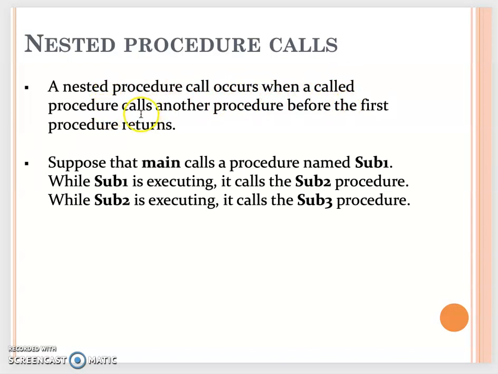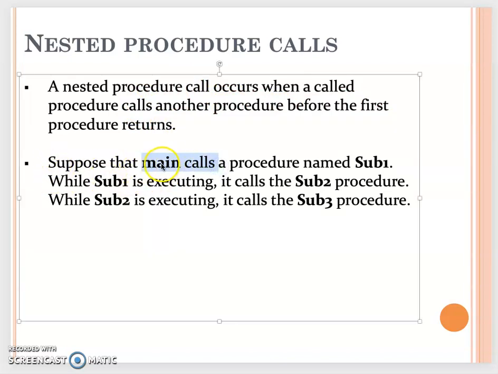So this procedure actually calls another procedure before the first procedure even finishes. For example, in your main function, you call a procedure, just say that's sub1. Before sub1 finishes, sub1 calls another procedure, sub2. Then sub2, before it finishes, also calls sub3. So what will happen is, if sub3 doesn't call any other procedure, after